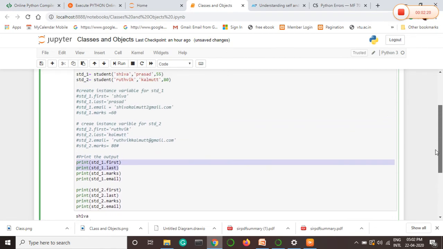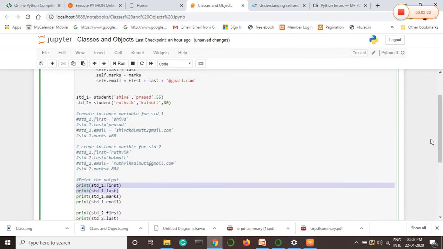In that case, there is an option where we can write that print statement in a different format, starting the syntax with open and close brackets, dot format.